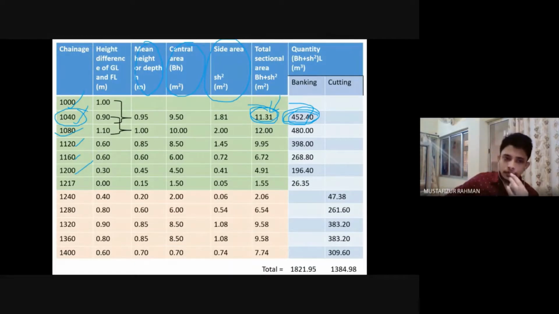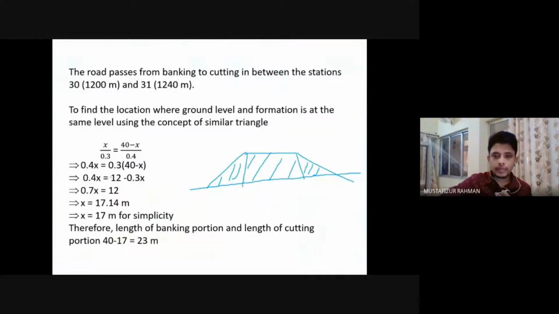Then from 1200 meter to 1217 meter, we will have to do banking. We have to fill up. And after that, it is cutting, right? So that is the difference. So here we are taking the values at 1200 meter. What is the height difference? 0.3 meter. At 1217, what is the height difference? 0 meter. Why? Because